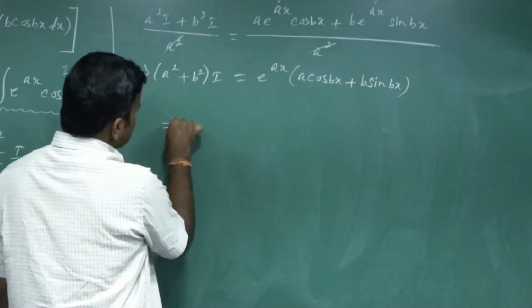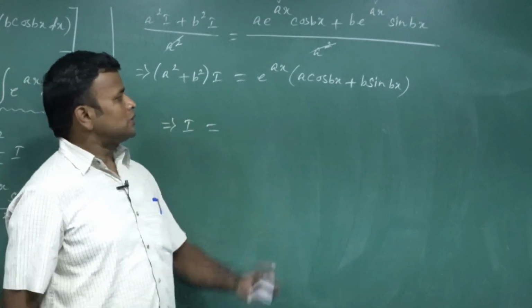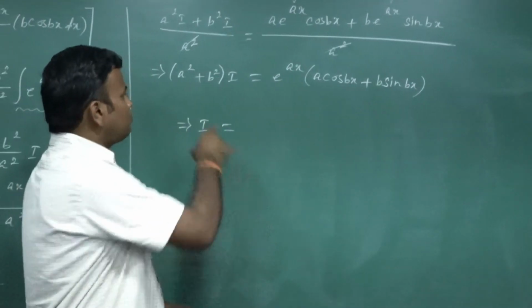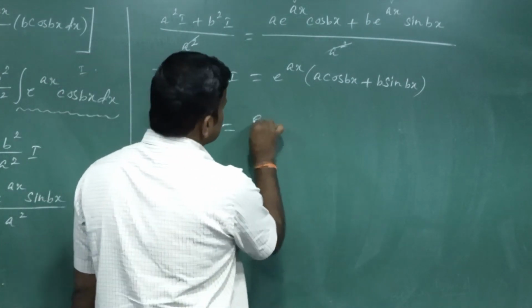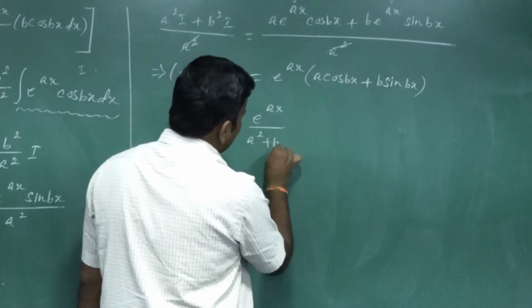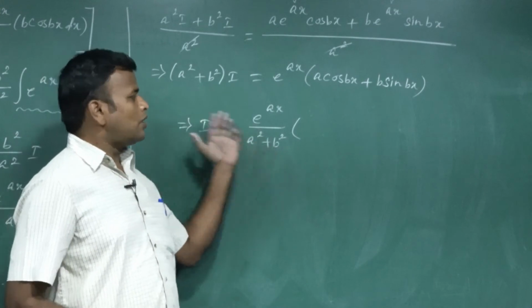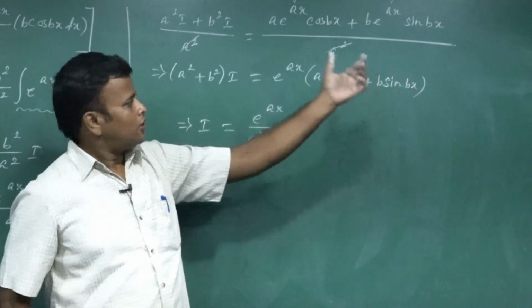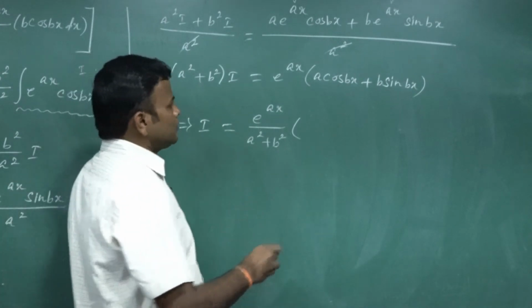We need only the term I. The multiplication term comes to that side, the denominator. In product term, it comes in the RHS denominator. So we write it as e power ax divided by a square plus b square. So this term I will take outside, or we write the whole divided by it also. But e power ax, the product term becomes that side division into